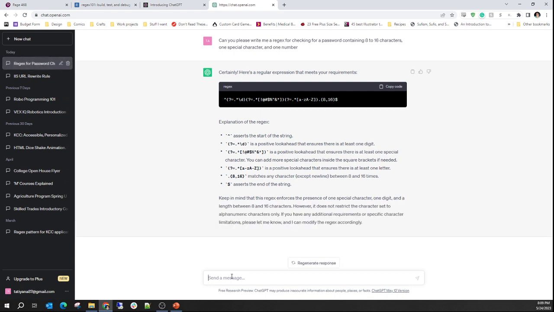There you go. So, I wouldn't trust ChatGPT to write your code for you if you don't know what you're doing, because unless you're extremely explicit in what you tell it, it's going to assume a lot of things. But for things like regular expressions, it's great, because it's just pattern matching and pattern recognition. So let's take this here,